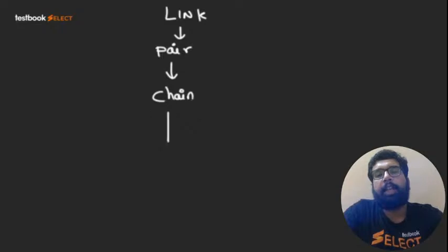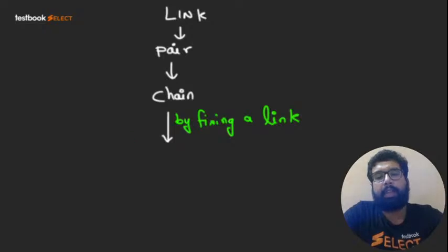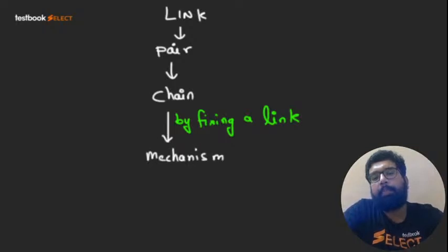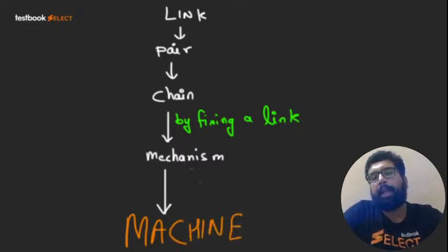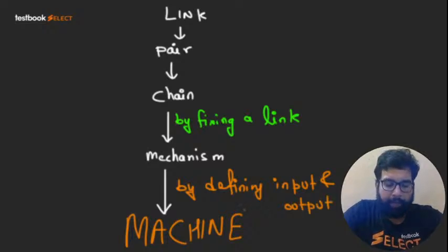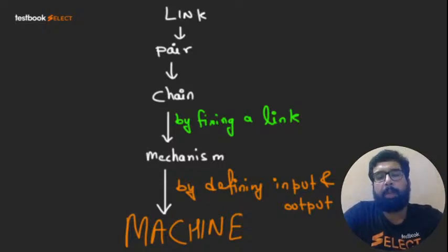चेन बनाई. चेन से हमने बाई फिक्सिंग अ लिंक हमने मैकेनिज्म फॉर्म किया और इस मैकेनिज्म से हमने मशीन कैसे बनाई? हमने इस मैकेनिज्म से बाय डिफाइनिंग इनपुट एंड आउटपुट कि हम मैकेनिज्म में इनपुट कहाँ ले रहे हैं एंड आउटपुट कहाँ ले रहे हैं. By defining input and output, we have formed the machine from the mechanism,